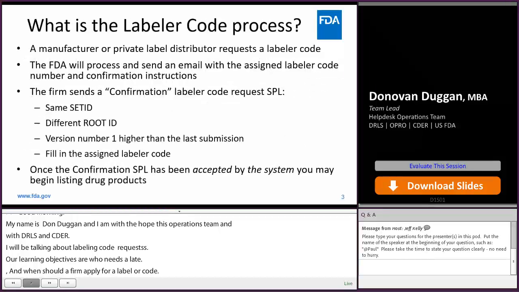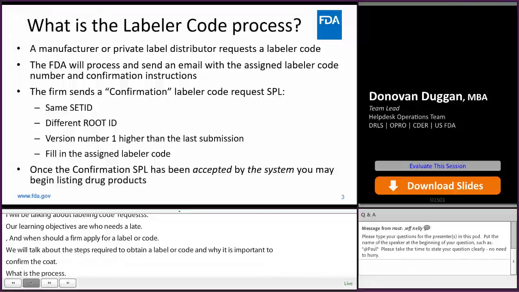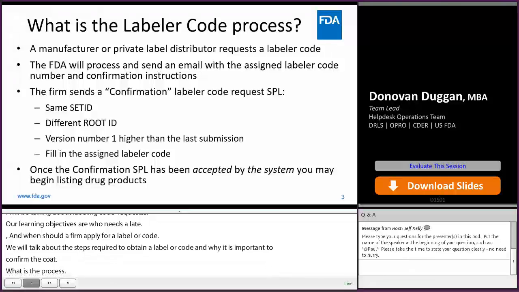So what is the labeler code process? Well, a manufacturer or private label distributor requests a labeler code from the FDA using CDER Direct. The FDA will go ahead and receive that submission. We will process it manually, and then we'll send an email with the assigned labeler code number and confirmation instructions